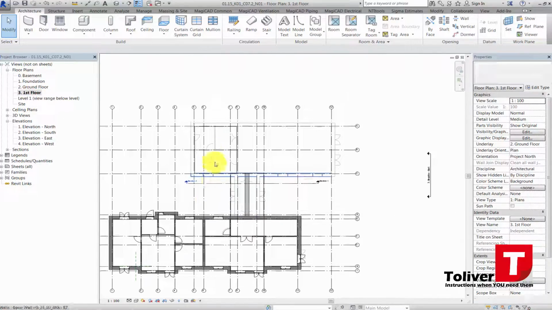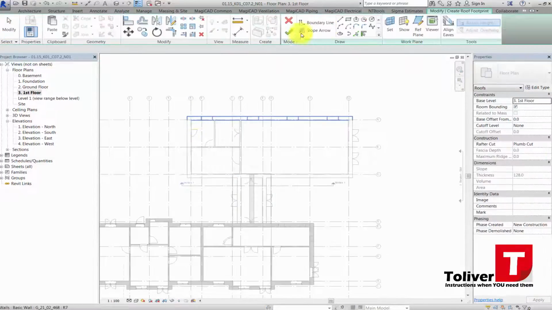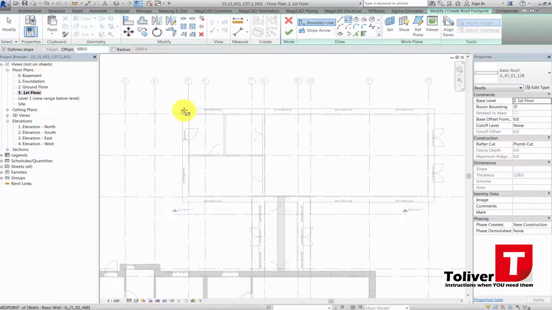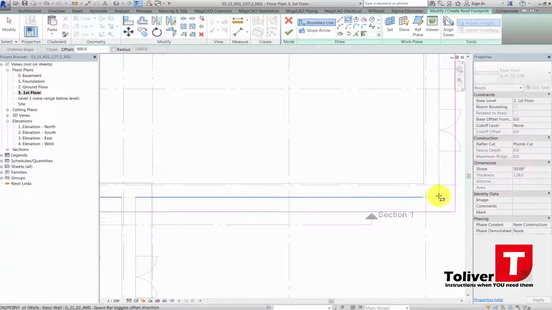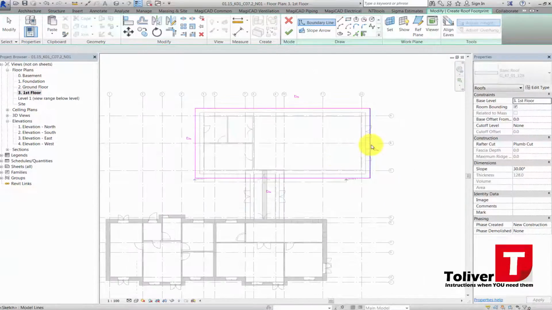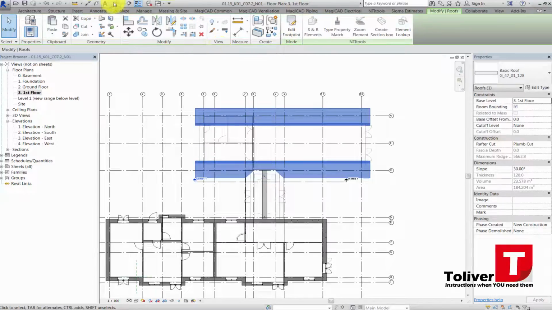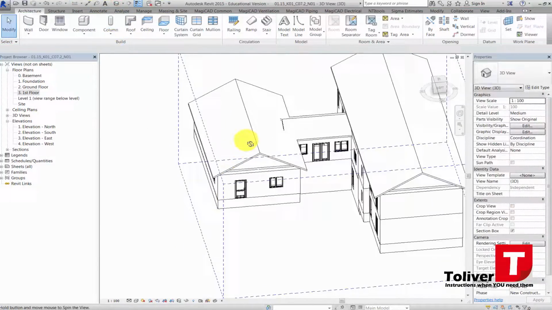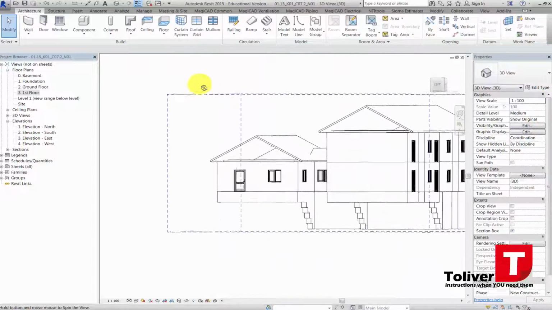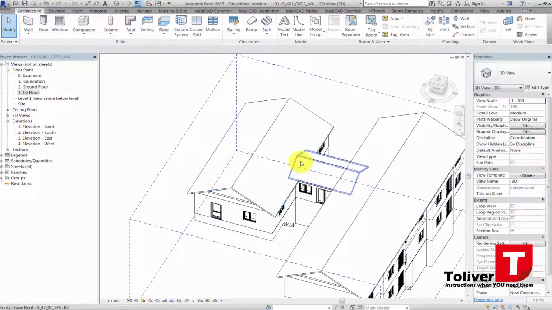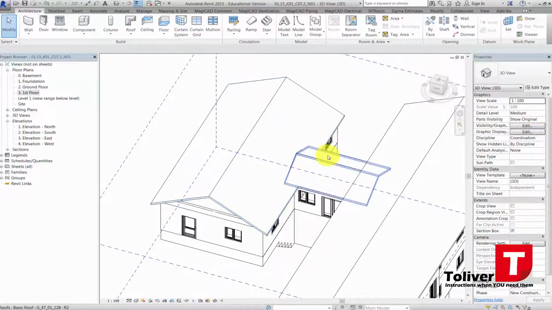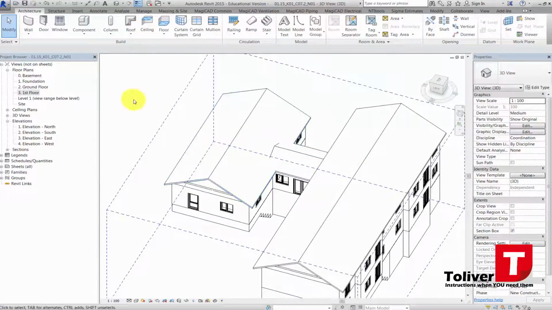So first floor, I'm going to pick a rectangle, offset 500, and pick one corner and then the other corner like that. Again, click the two gables, remove define slope, finish edit mode, and if I look at it now, I actually have a building. It's kind of neat. This building over here, I need to connect these two roofs, and the way I do that is